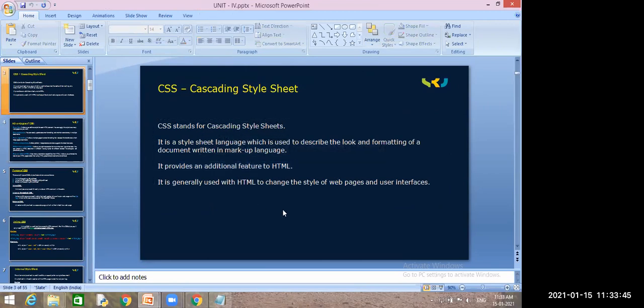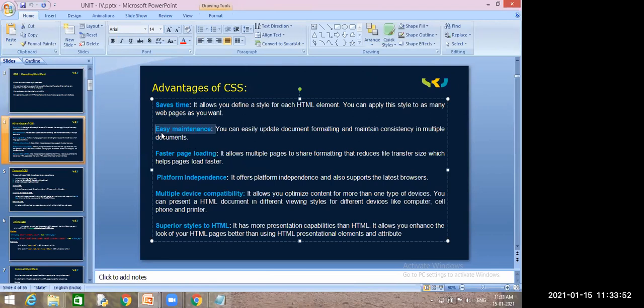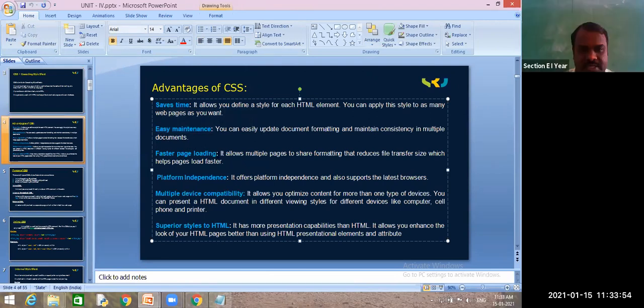Yes, sir. And did you save time or not? Maintenance is easy or not? Next, platform independence. Try to open it in a Windows environment or any other environment. It will open on multiple devices. Write this program in your system, send that file to your mobile, and check whether it is opening on mobile or not.